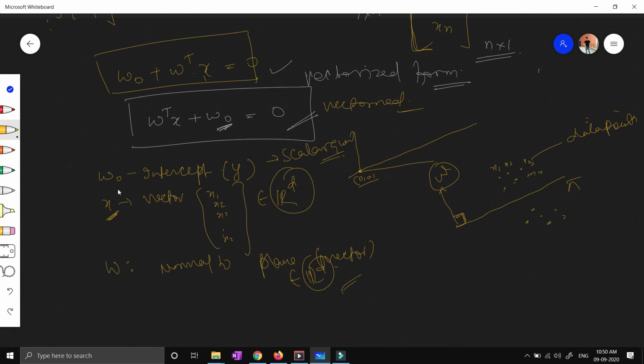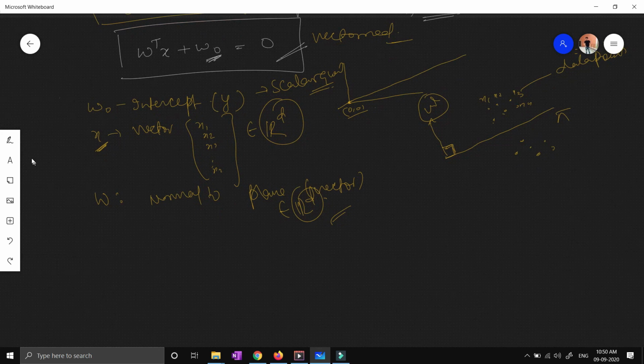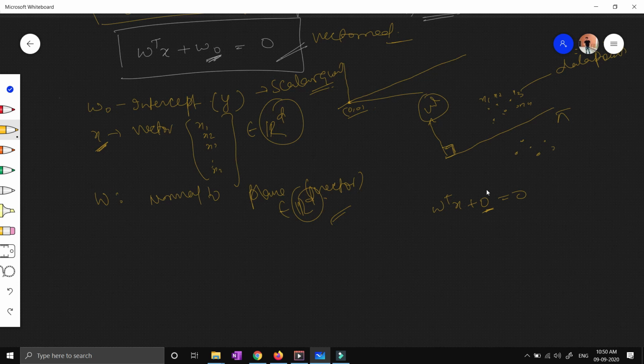This is the whole crux of the equation of a line. If it passes through the origin, then the equation of a line is W transpose X plus 0 equals 0. The intercept term becomes 0, and W transpose X equals 0. So this is my equation of a line in hyperplanes if my line passes through the origin. To solve machine learning algorithms in future, we always assume that our line passes through the origin, because adding or subtracting some scalar quantity won't affect the algorithms too much. We assume this to simplify our algorithms, right?